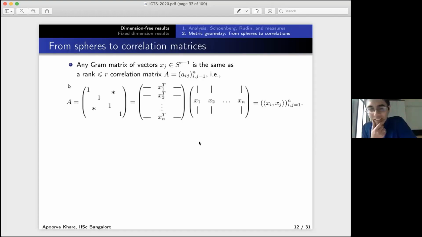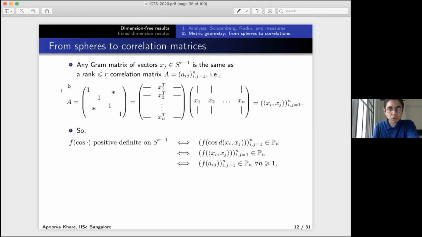But now here is the connection to matrix positivity preservers. So it's any Gram matrices of vectors in a sphere. Well, remember, the Gram matrices are precisely the inner products. So what is the diagonal entry of such a thing? It's the x_i norm squared. Since x_i is on the unit sphere, the diagonal entries are 1. And so Gram matrices are just these. And so these are the same as correlation matrices, and the rank is bounded above because the vectors come from